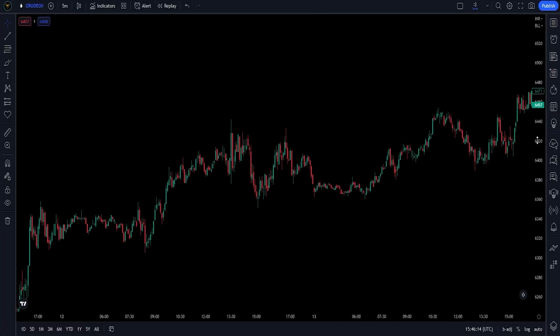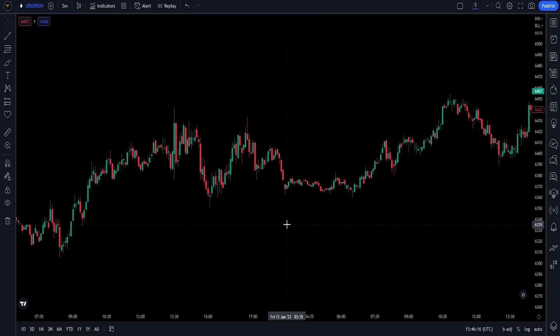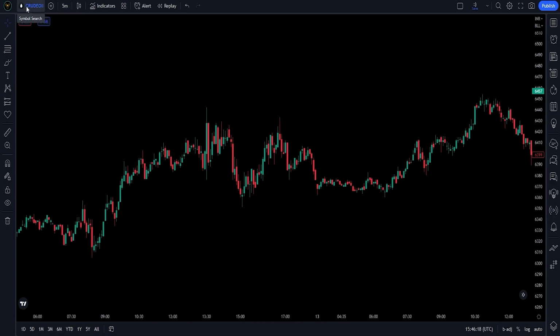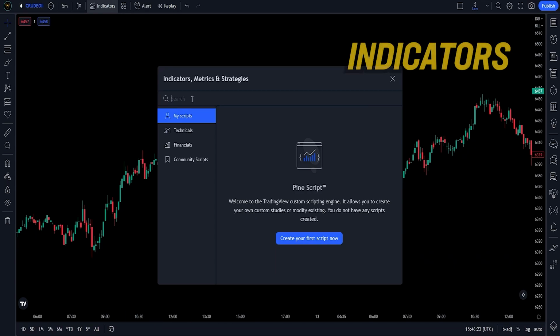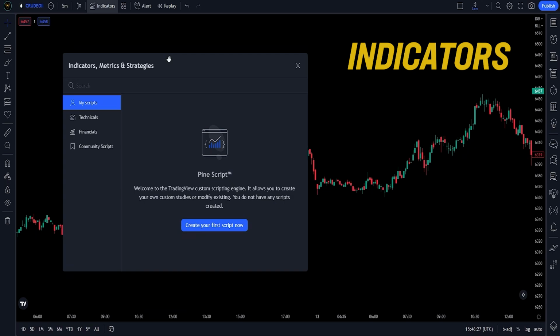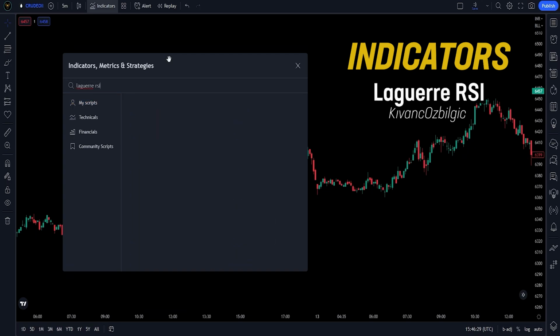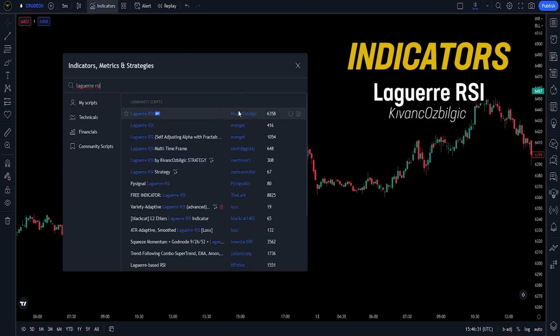Alright, so we are currently looking at a 5-minute chart of crude oil futures, and we will be using this chart for the entirety of this video. First of all, we need to open our indicators tab, because for this strategy, we will be using 3 indicators. The first indicator we will be using is called Laguerre RSI. We will be using this very first one by Kavanch Ozbilgic, so left click it and you will add it